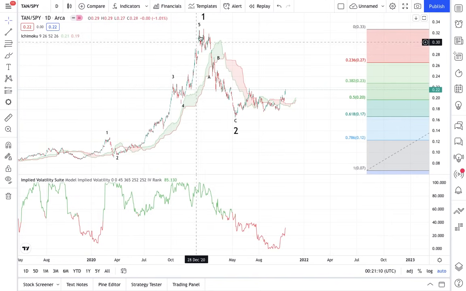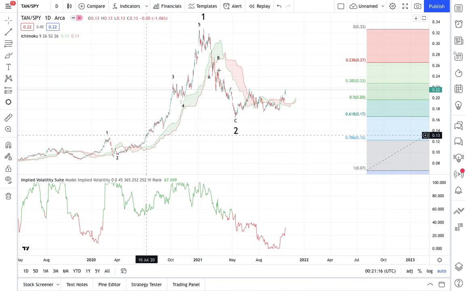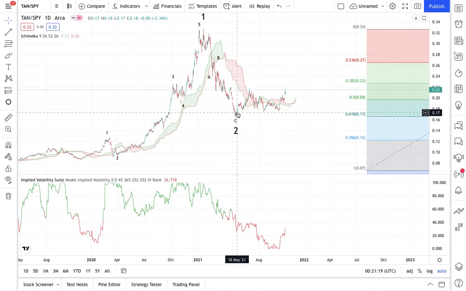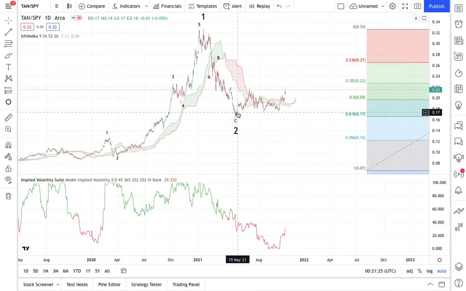This measures the relative performance of solar stocks compared to the market. So we're outperforming the market for a year. And we had a period of underperformance that ended at the 61.8% retracement. So we said that's wave 1 and wave 2. If we hold that low on the relative strength chart, we're going to go into a huge wave 3, 4, and 5 to the upside. And it looks like that's playing out.